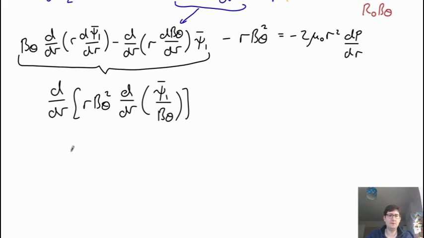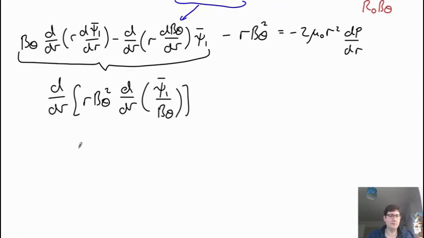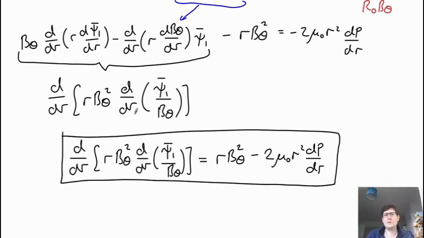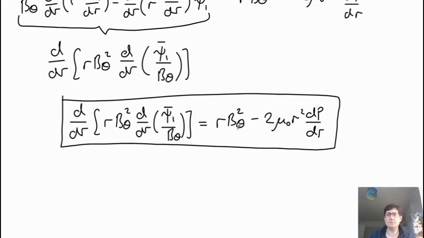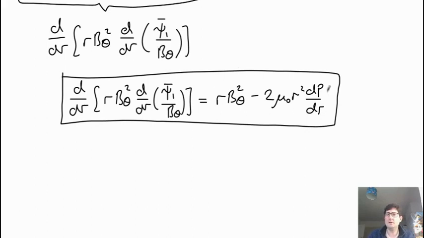So we end up with the final result for now. This is an equation for the first order correction, psi 1, in terms of the psi naught quantities, so things like B theta and pressure, and this will give us an equation for the correction, so the radial shift we're expecting. And we can have a look and think about what this means.